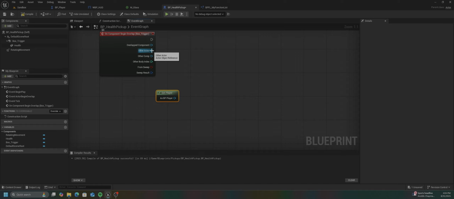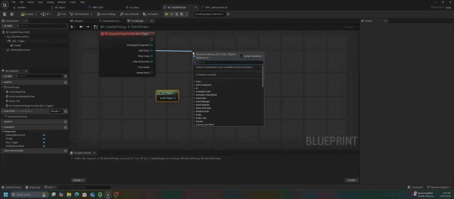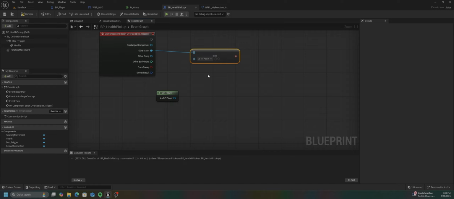So from other actor, we're going to do a check. We're going to check to see who that other actor is. So we're going to hit the equals button, and we're going to get the function for is equal. And we're going to plug this in right there, and we're going to do a check. Is the other actor the player? If it is the player,